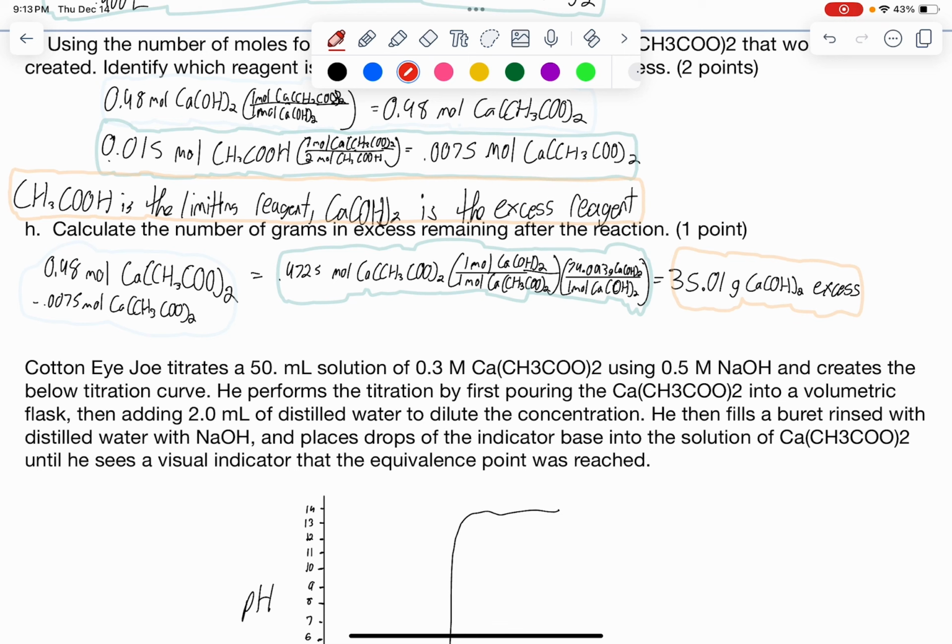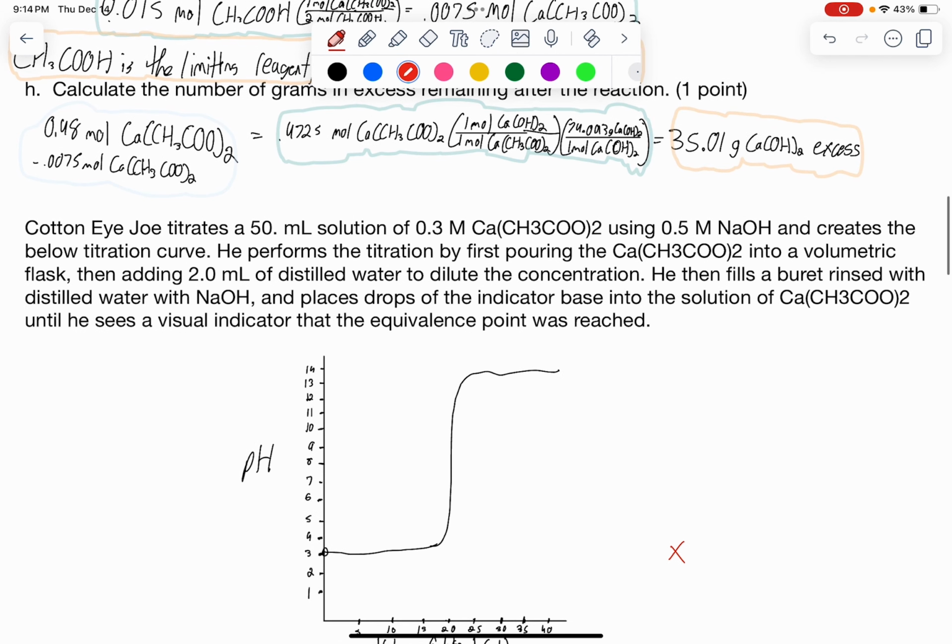And finally, there are going to be 2 problems involving titration. So here, Cotton Eye Joe titrates the 50 milliliter solution of the 0.03 molar Ca(CH3COO)2 using 0.5 molar sodium hydroxide. So he's performing a titration, and he creates this titration curve. The way he does the titration is he pours the Ca(CH3COO)2 into a volumetric flask. Then he adds 2 milliliters of distilled water to dilute the concentration, fills his burette with sodium hydroxide after rinsing it with distilled water, and then he will